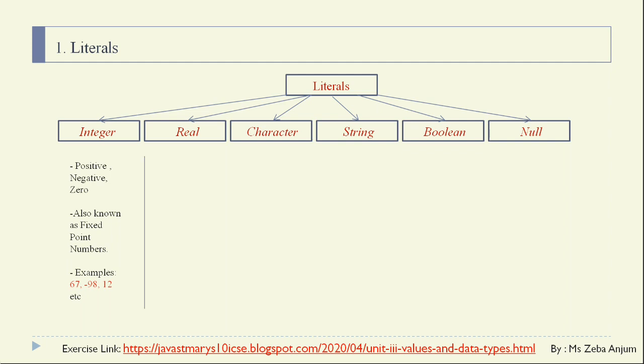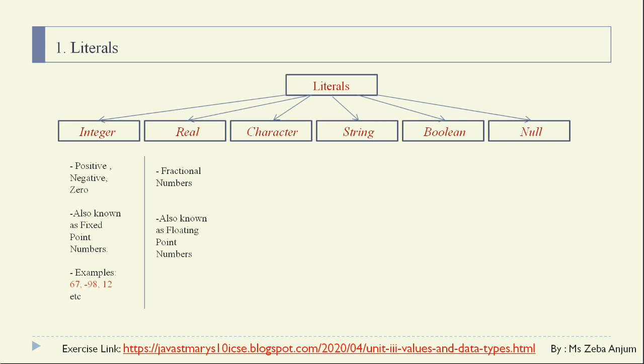Now coming towards your real literals, actually we are having some fractional numbers, and that category comes under your real literals. By fractional number we mean p divided by q form, and the denominator should not be equal to 0 or 1. Those are your real literals. It means you are having some fractional portion of the numbers, and these are also known as your floating point numbers because the decimal point is not fixed over there. That is why they are known as your floating point numbers. Basically in Java, when we learn in future about the data types, we are also having some minor knowledge about those data types also.